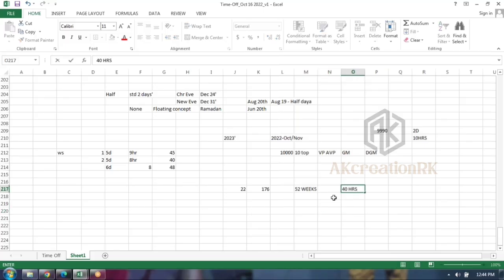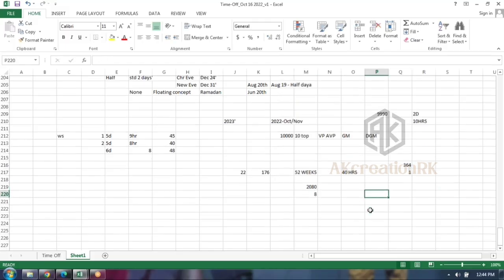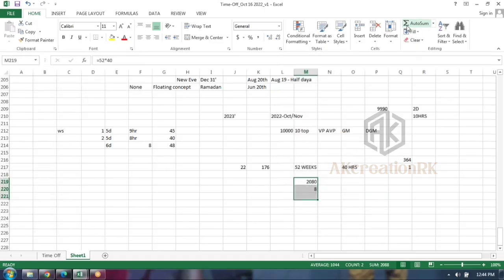Say yes or no. Then you have to multiply 52 into 40, plus 52 into 7 is 364 days, sorry, 365 days has one more day, which means 8 hours more. That gives 2088. Now you have to divide by 12. This is the correct answer.